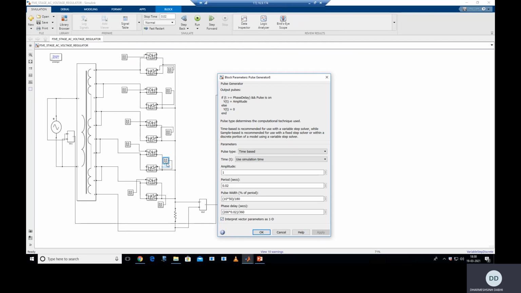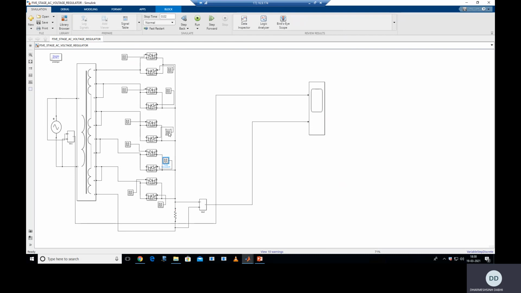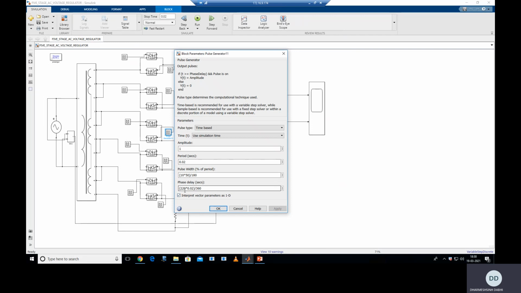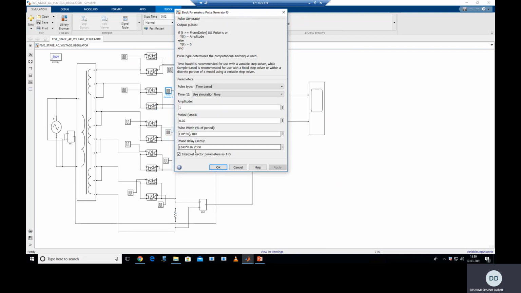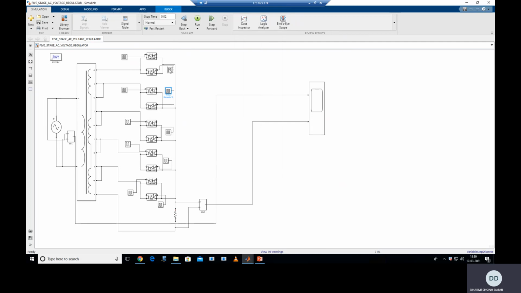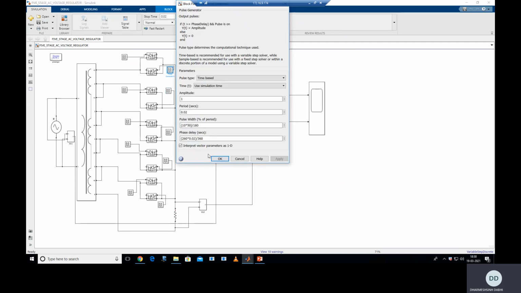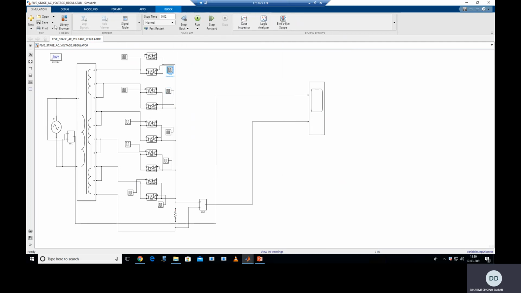So second stage, we increase the firing angle by 20 degree. Same way, increase the firing angle for the third stage negative group thyristor by the next 20 degree, it means 200 plus 20. So that is 220 degree. Same way for the fourth negative group thyristor 240 and fifth group thyristor 260. Clear? So let's check the waveform so you can clearly understand what will happen actually at the output side